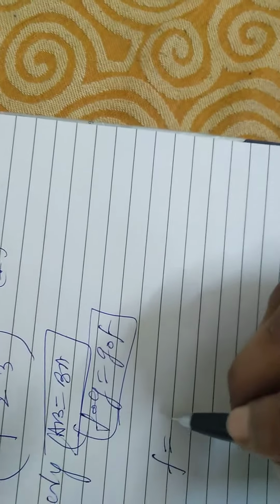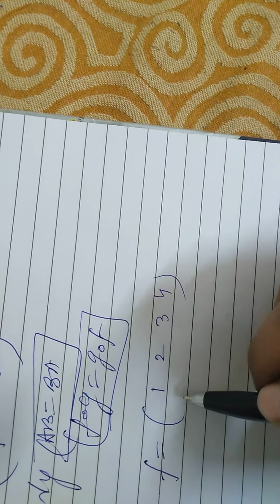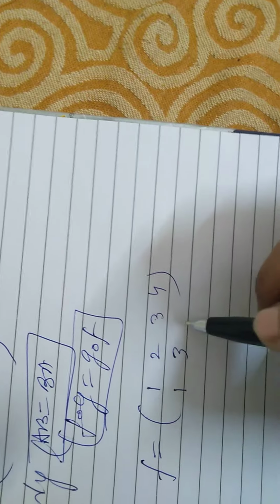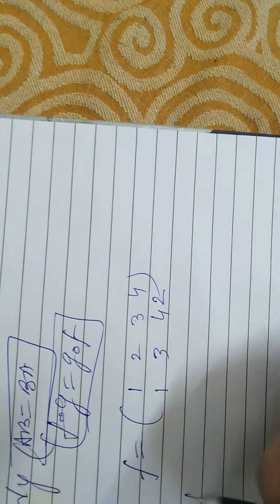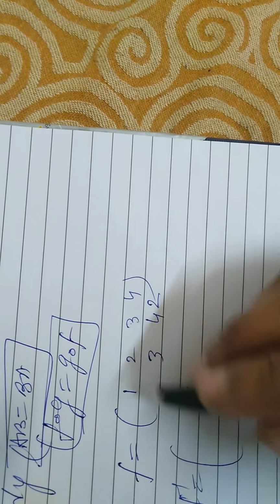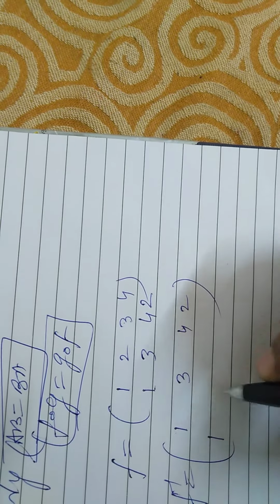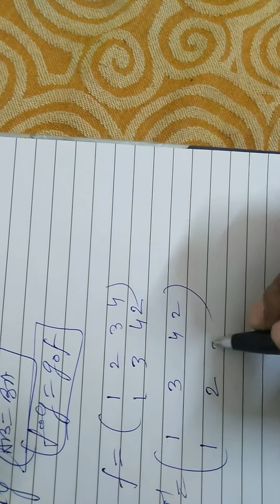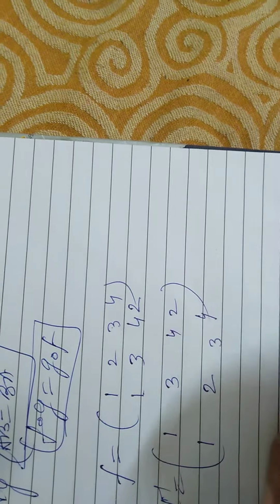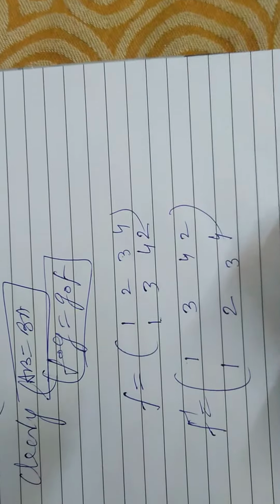Now we are going for inverse of given permutation. If you want to find the inverse of a given permutation, suppose you have a permutation 1 2 3 4 and 1 goes to 1, 2 goes to 3 and 3 goes to 4 and 4 goes to 2, then we can find f inverse taking reciprocal or reverse of this 1 3 4 2. This is 1 goes to 1, 3 goes to 2 and 4 goes to 3 and 2 goes to 4. This is the simplest way for finding the inverse of given composition and given permutation.